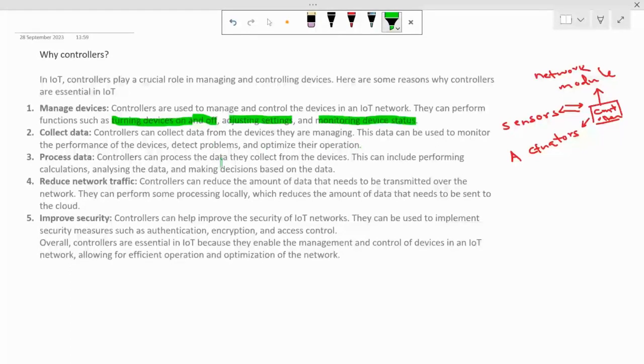Process data. Controllers can process the data they collect from the devices. This can include performing calculations, analysis, and making decisions based on the data. So, in the near future, we will make a project named Smart Light.